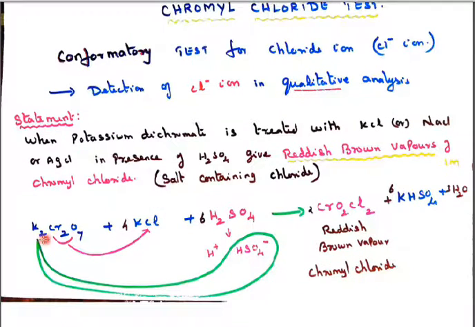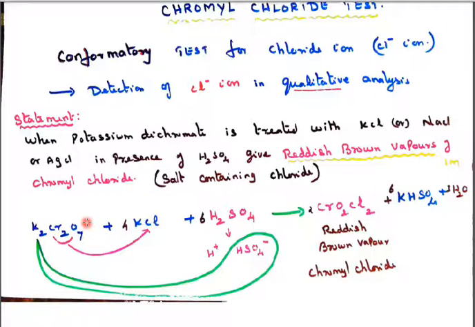Now let us see the reaction. K2Cr2O7 plus KCl, one of the salts of chlorine, and sulfuric acid H2SO4, which gives H plus and HSO4 minus. We see here the potassium combines with the bisulfate HSO4 minus and forms potassium bisulfate. Hydrogen is left out and oxygen is there, so it forms water. Then chromium is there and oxygen is there. So chromium and oxygen combine with the chlorine and form chromyl chloride. So here CrO2Cl2 is called chromyl chloride.